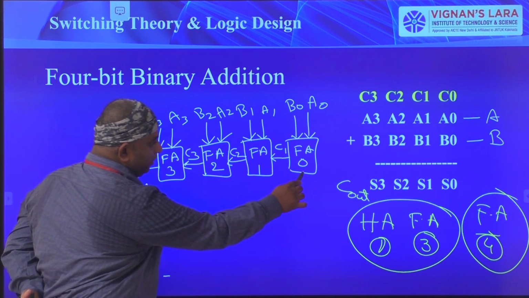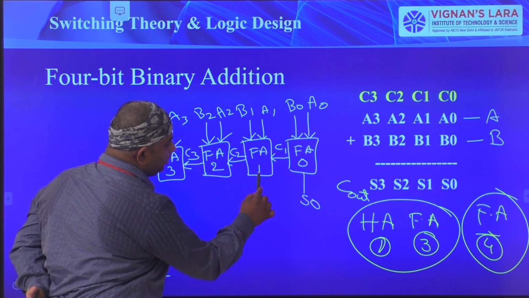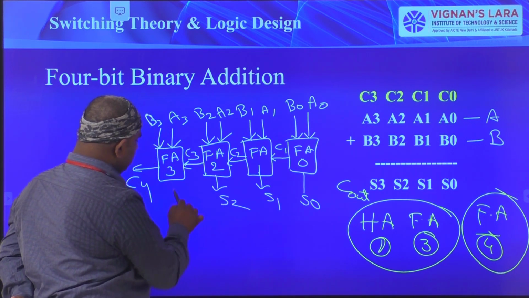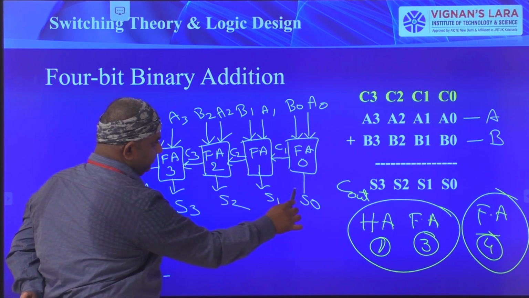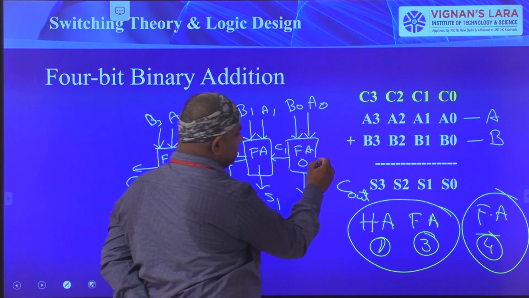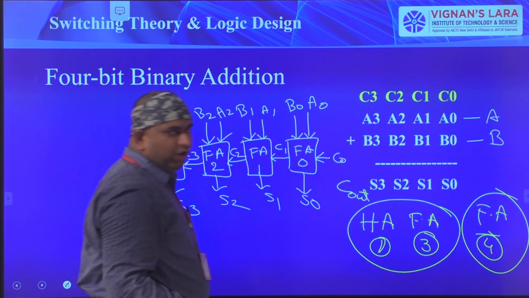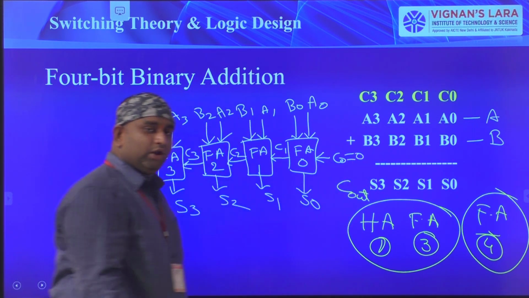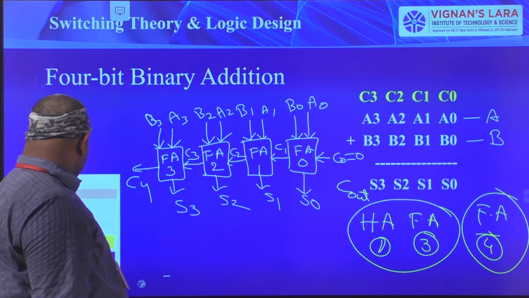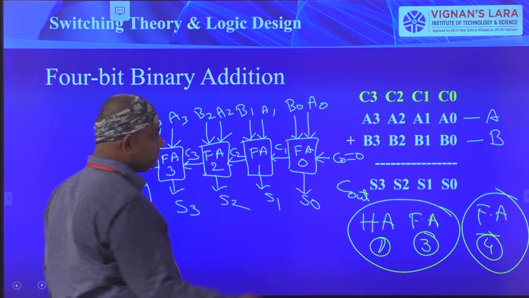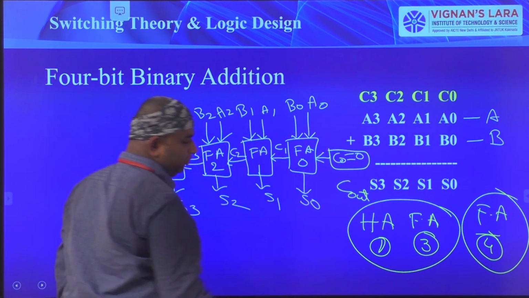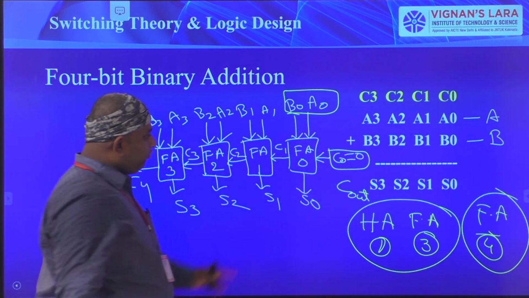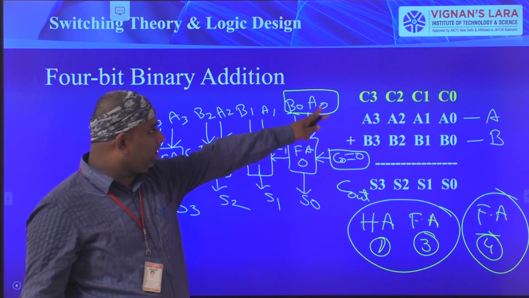Okay, so I got the sum outputs. This is S0, this is S1, this is S2, and this is S3. Okay, and C0 is also there. Actually, we don't have C0. We are always keeping C0 equal to 0. That is very important. So see here, I have given the C0 input. C0 is always 0, and I have given A0, B0. So for the full adder, 3 inputs: C0, A0, B0.